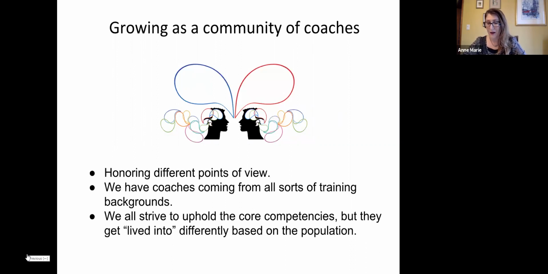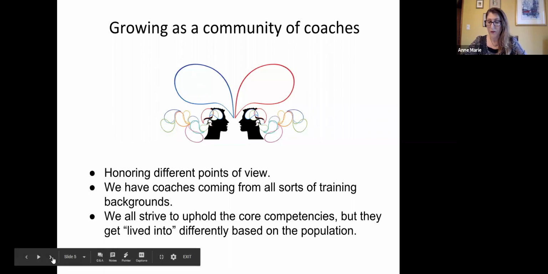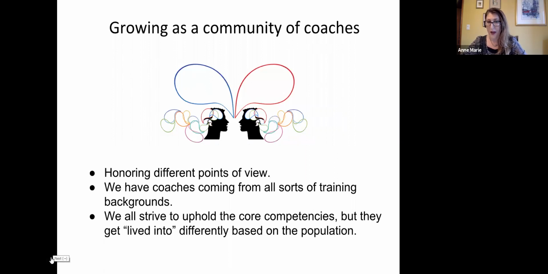Seeking to listen and understand the perspective of another, even when we disagree, is something that is much needed in the wider world, and we can lead the way by practicing in forums such as this. So today, we start with the foundation that as coaches, our interactions with clients are guided by the core competencies. And then we dig deeper, we live into the competencies with our clients, employing powerful questions and direct communication,